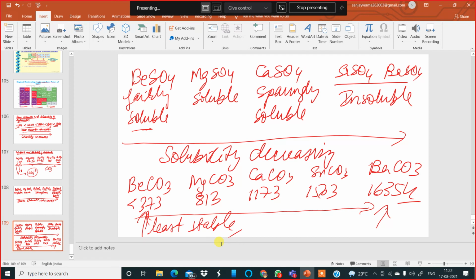Now, I would like to request you all to kindly go through the short question answers from the textbook. At the back of the textbook, you will find plenty of very short questions along with the answers, and the fill in the blanks and multiple choice questions. There are around 49-50 questions for that. And please don't forget to go to the true or false questions as well. So this completes your chapter 3, that is periodic properties, classification of elements and periodicity in properties.